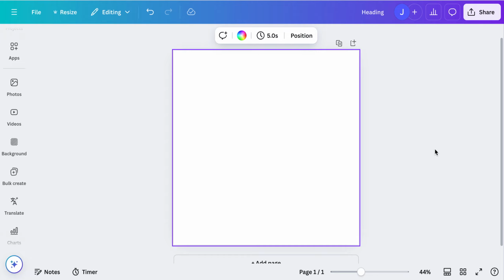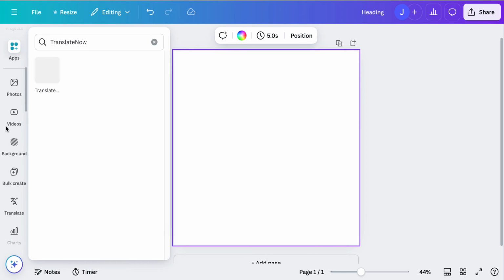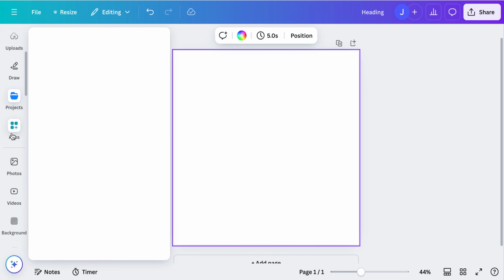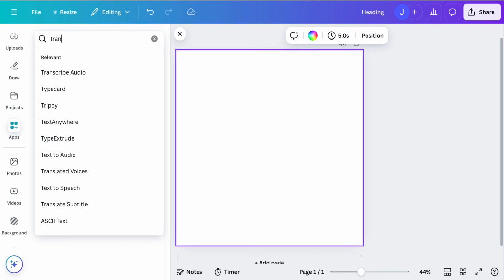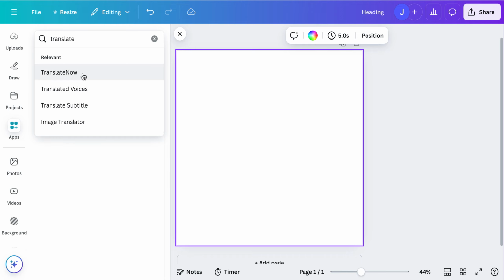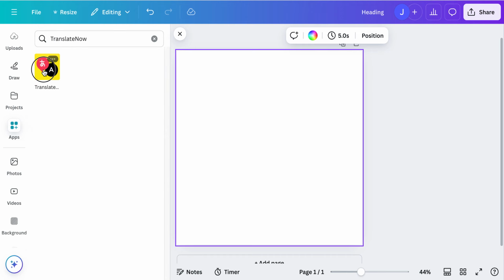Hey guys, in this video I'm going to show you how to use the Translator feature in Canva with the free version. So it's quite simple. As you might know, on the left side you have all those buttons and you also have the button for apps. And then you just type in Translate Now